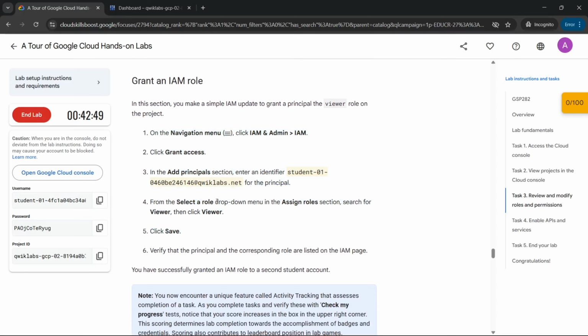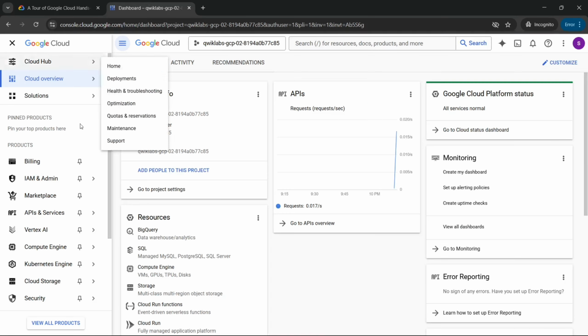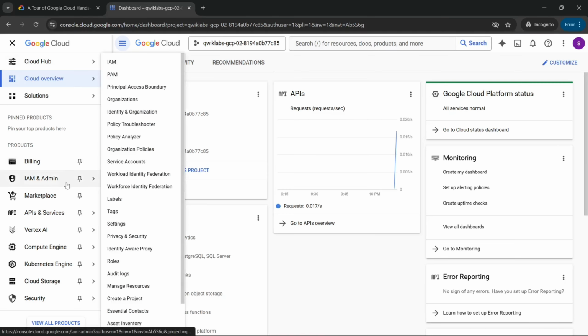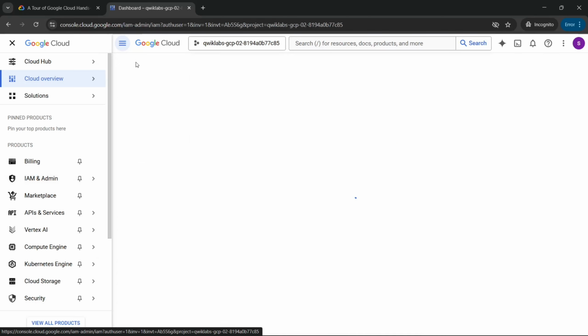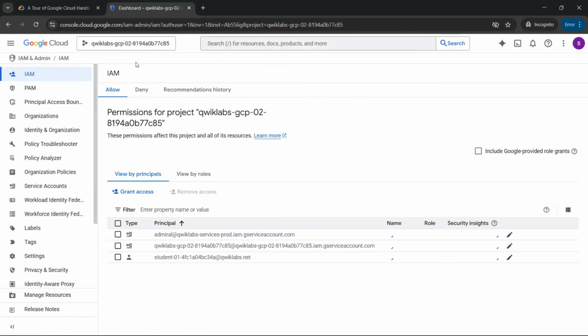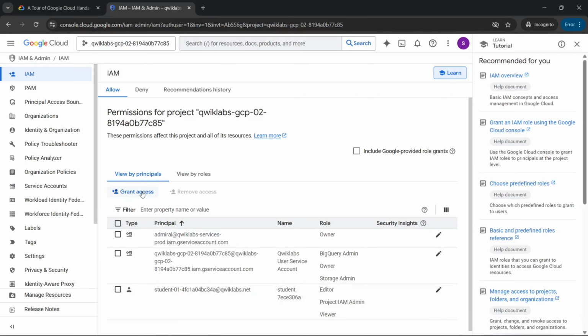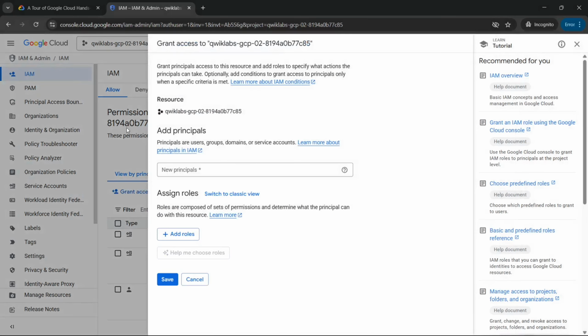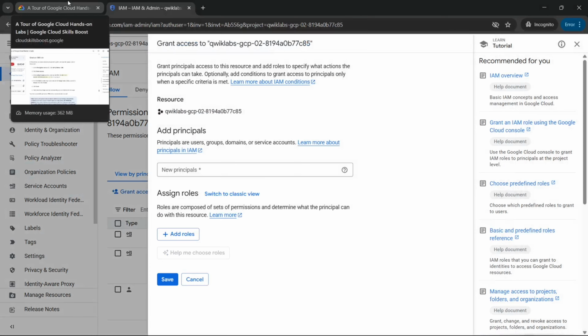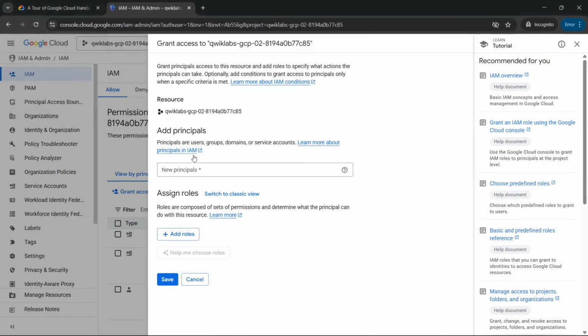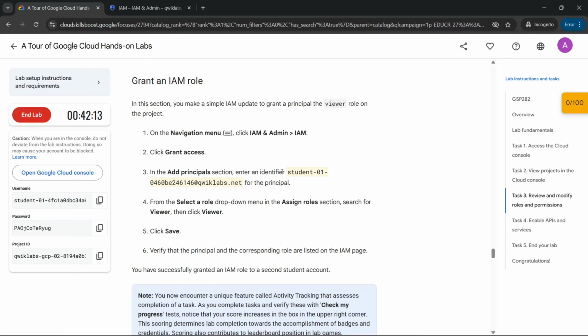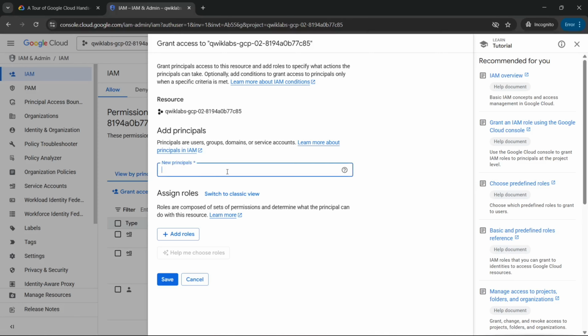So first of all, we have to go to the navigation menu and click on IAM and Admin, then click on the IAM. Now click Grant Access. In the Add Principal section, copy the identifier from here and paste it here.